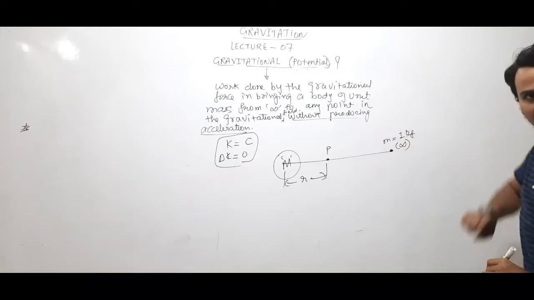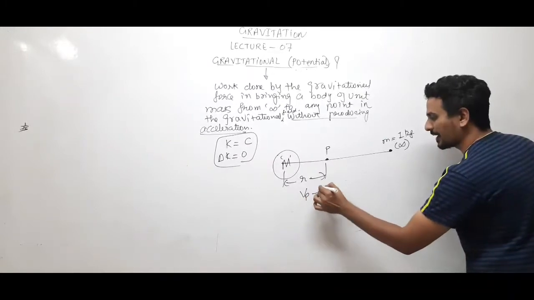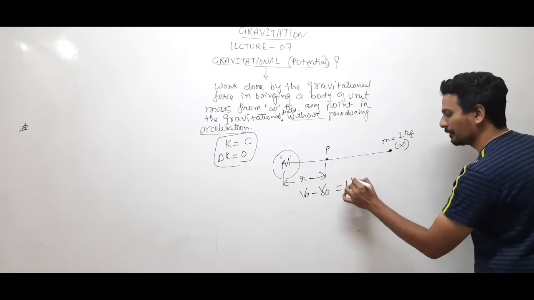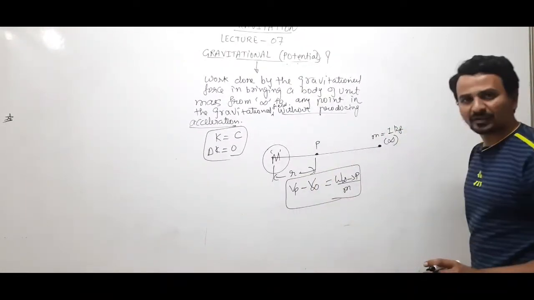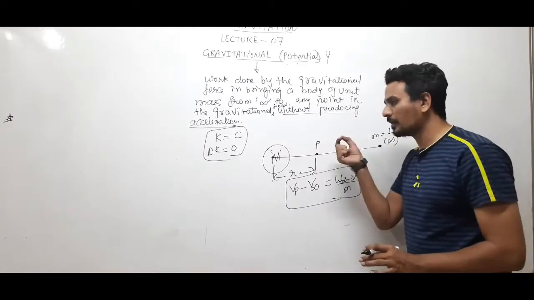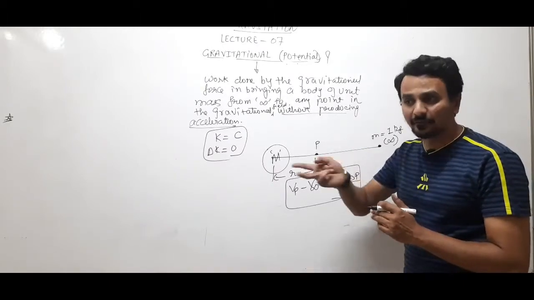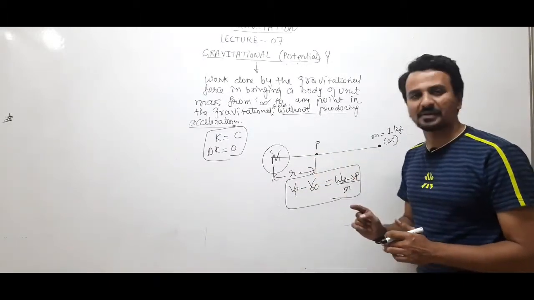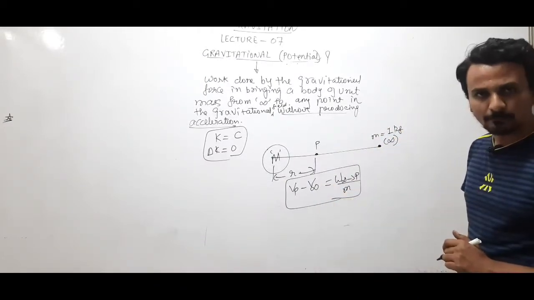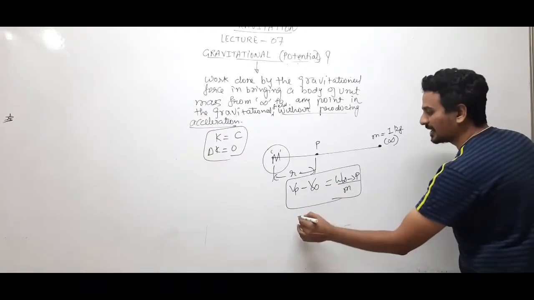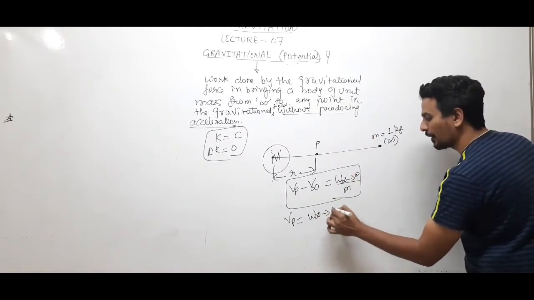So according to the definition of potential, potential at point P minus potential at infinity is equal to work done from infinity to P upon mass. As already explained, we cannot define the potential of a particular point. We just have to write the difference, and for the sake of simplicity we have taken the reference as infinity. So at infinity potential will be 0. So potential at point P is equal to work done to bring the mass from infinity to point P upon